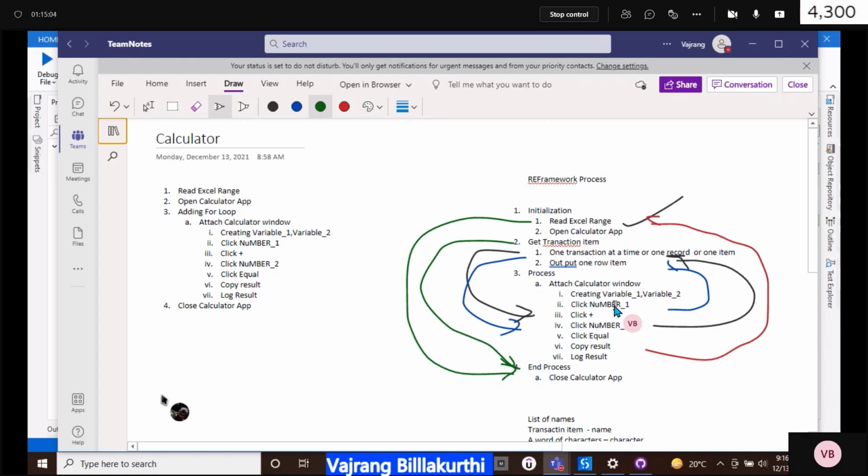If you want to click on one and it is clicking on two, then you're doing a coding mistake, or you didn't select it properly. If you keep a star instead of the numbers, it will always click on zero only. It will not go to any other number. So that is your coding error. It's not a system exception.